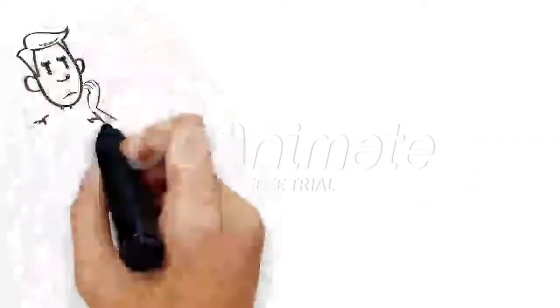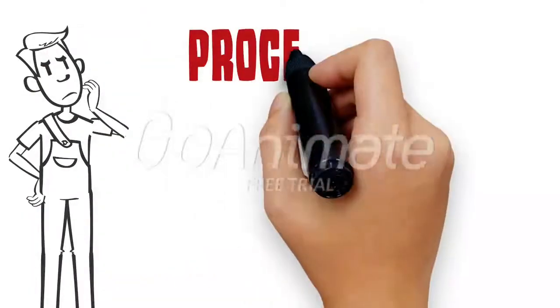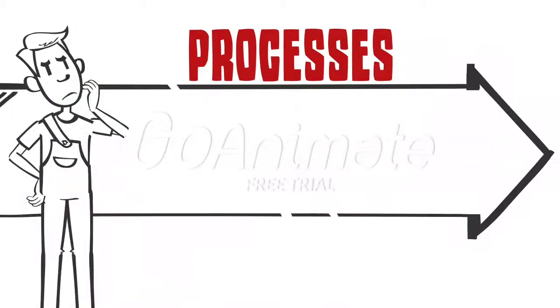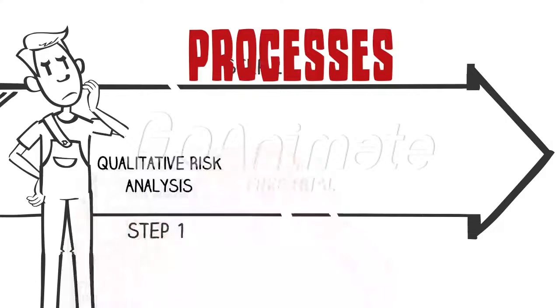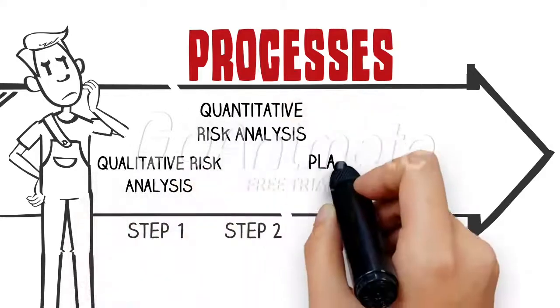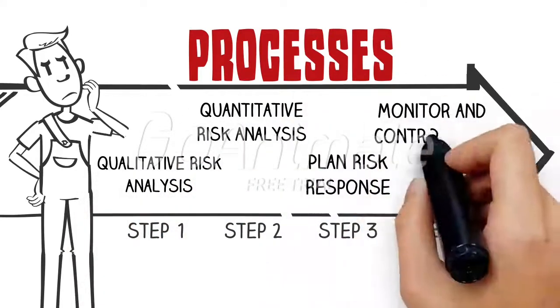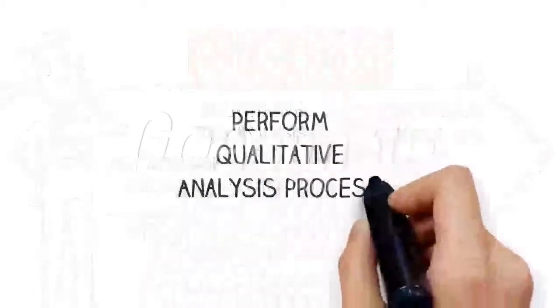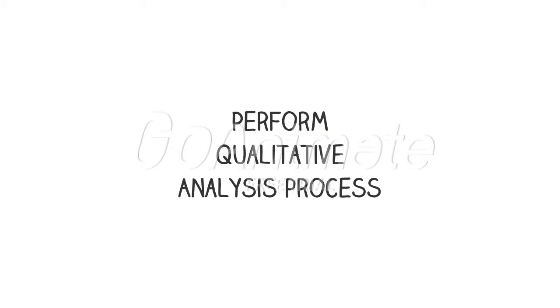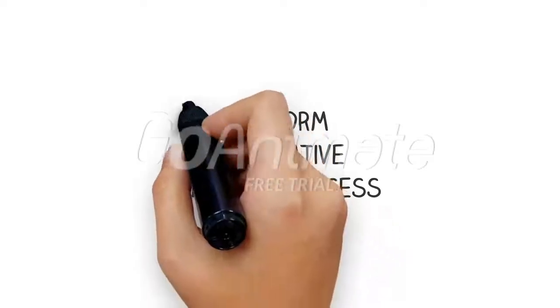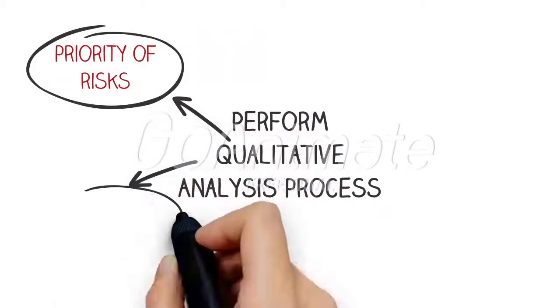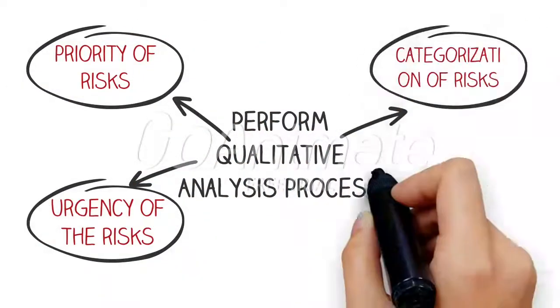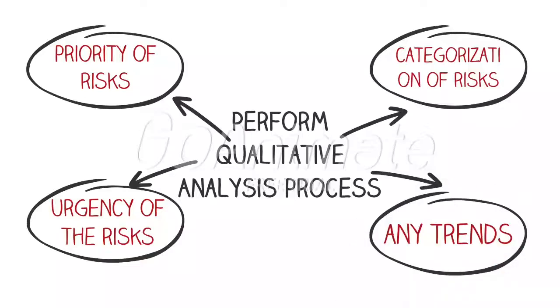The list of risks that are identified and recorded in the risk register drives the following risk management processes, which are perform qualitative risk analysis, perform quantitative risk analysis, plan risk response, and monitor and control risk. In the perform qualitative analysis process, details are added to the existing list of risks in the risk register, including the priority of risks, the urgency of the risks, the categorization of risks, and any trends that were noticed while